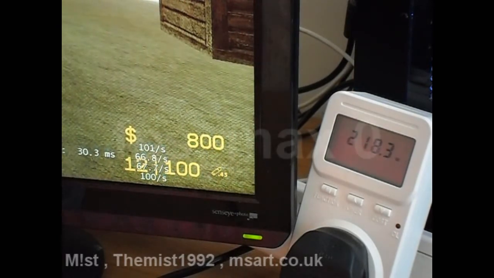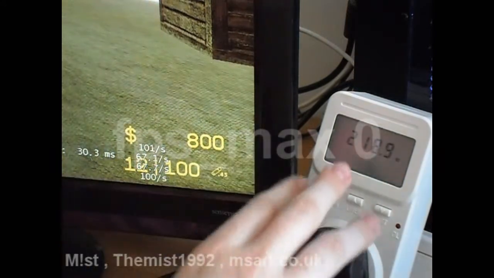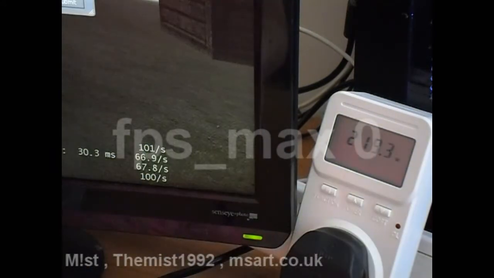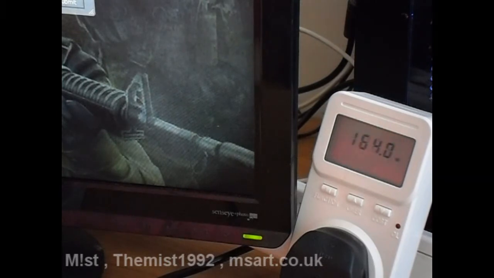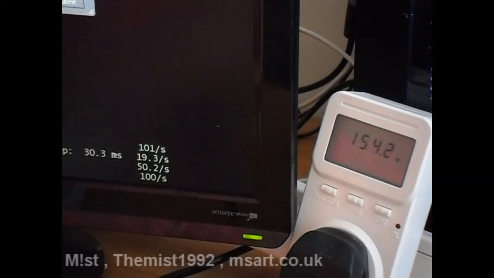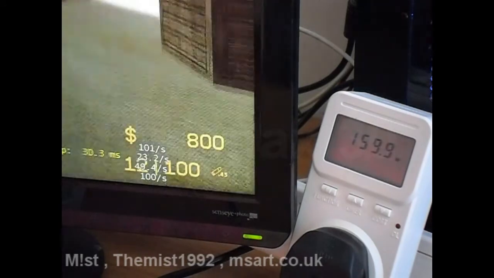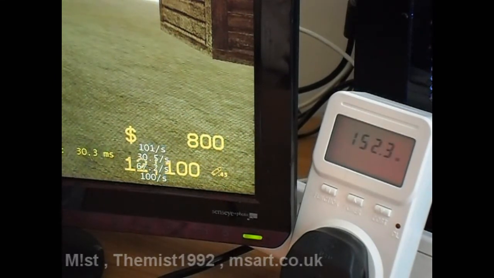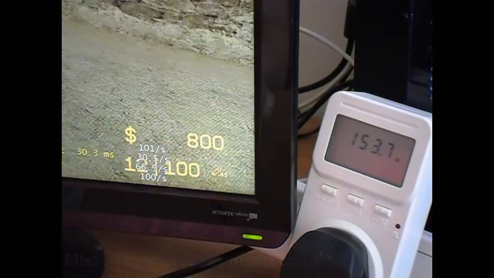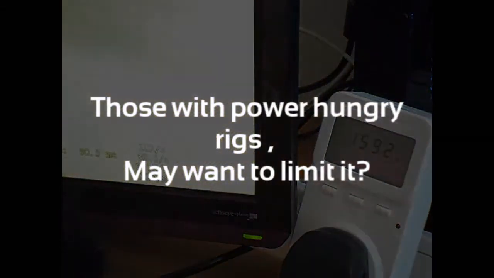Now just to show you the extreme change, with unrestricted, we're on 220 watts of power. If we come away and we limit our FPS to 30, and then we go back on the map, back onto the counter-terrorist team, we can see there we're only using 153 to 156 watts of power, so that's a massive drop in power your computer's consuming. Obviously a lot of people are not going to find 30 FPS playable. It is playable, but it's a bit jerky and not nice to